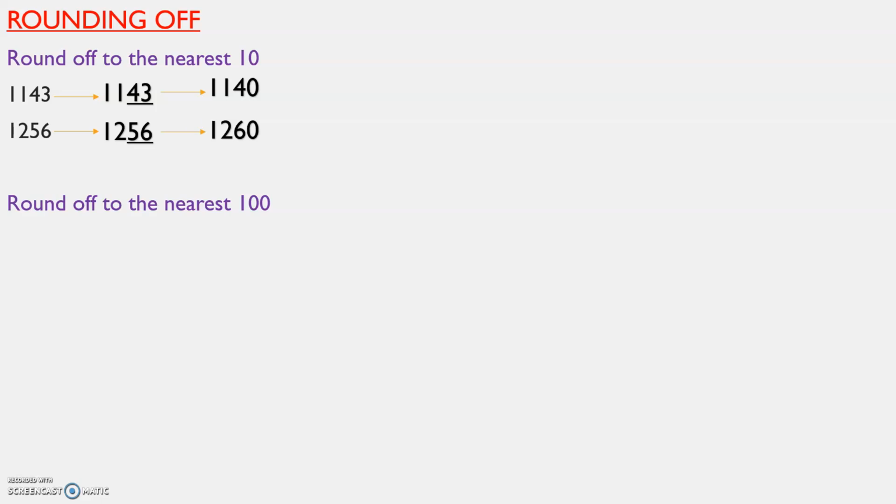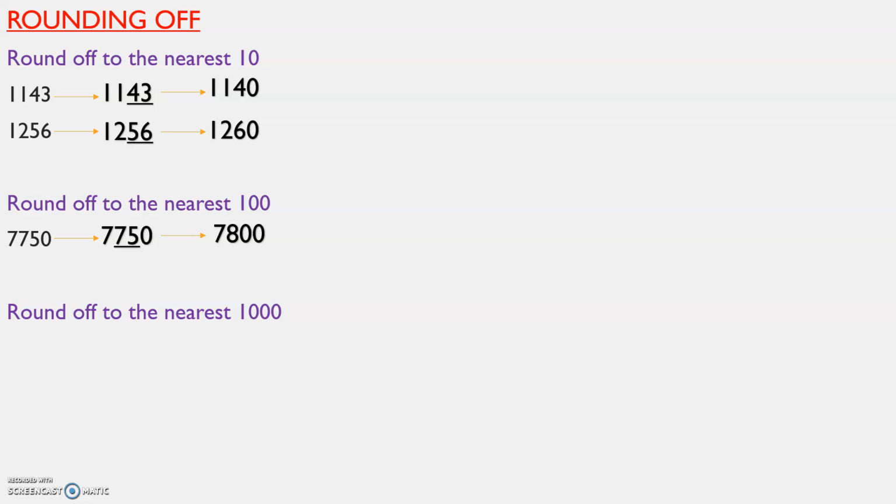Round off to the nearest 100. Let's consider this example. So here we are going to consider the middle two numbers, the second and third number. The first number will remain as it is. The second and third numbers will convert into the nearest 100 and the last number will be a 0. So this 75, as I told you, 5 and above 5 will go to the next. So I'll keep 7 as it is. 75 will become 80. So it is 7,800.